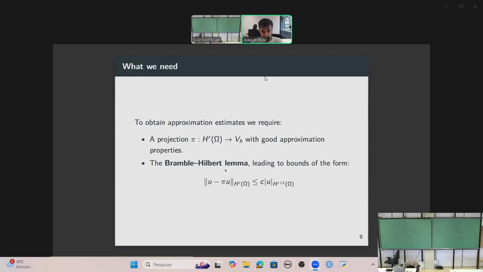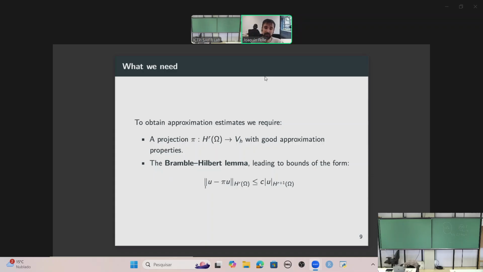So for our program of a theory of finite element approximation, what we're going to need is some kind of projection that has certain good approximation properties, and we are going to construct this. And then we are aiming at this result here called the Bramble-Hilbert lemma that will lead us to bounds like